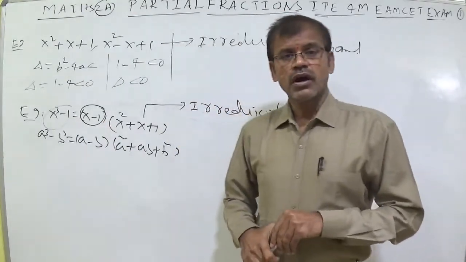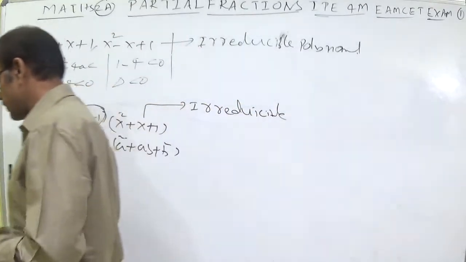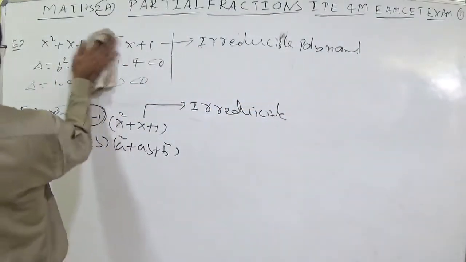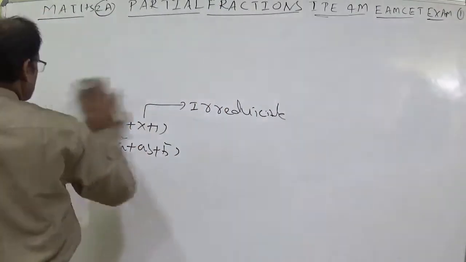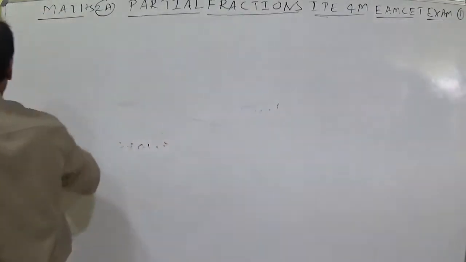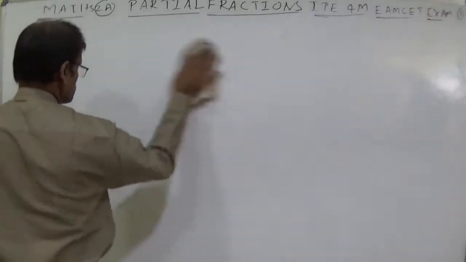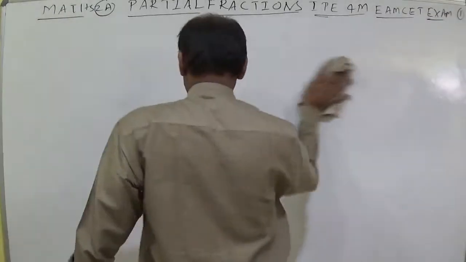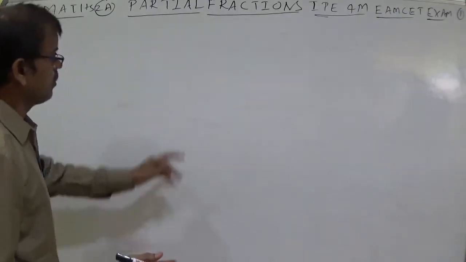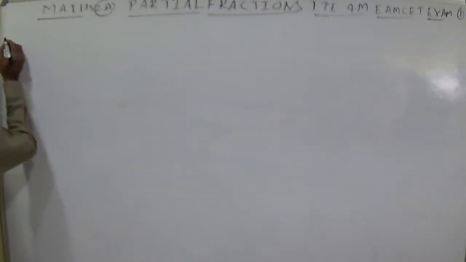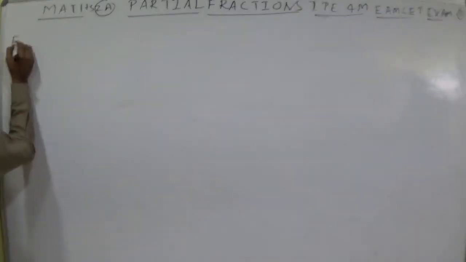So now we got the definition of an irreducible polynomial. Depends upon the polynomial, I said reducible and irreducible polynomials. Now we want to discuss a fraction. Depending upon the definition of a fraction, proper fraction, and improper fraction, you will get the definition of partial fraction. Fraction, I am writing.